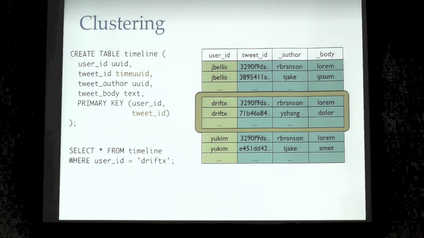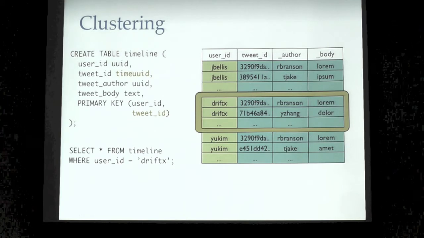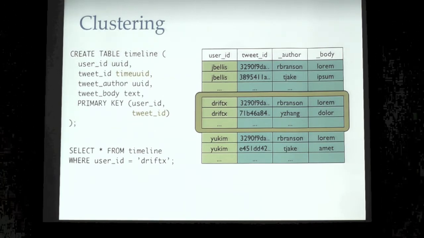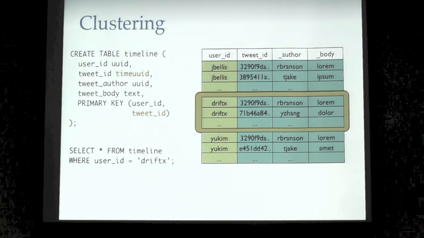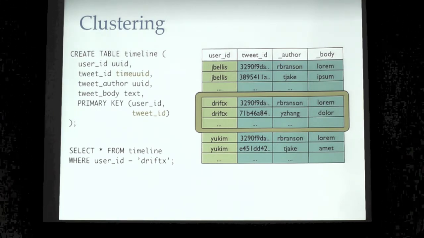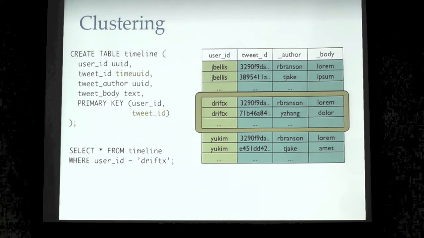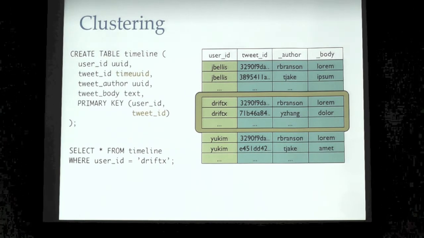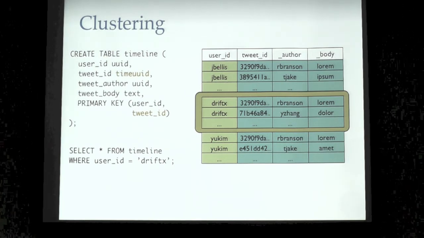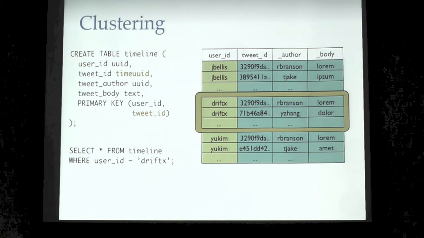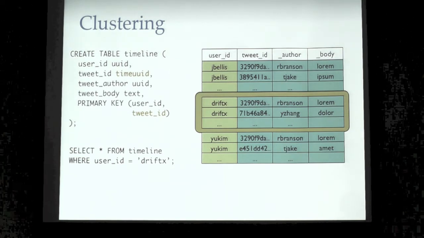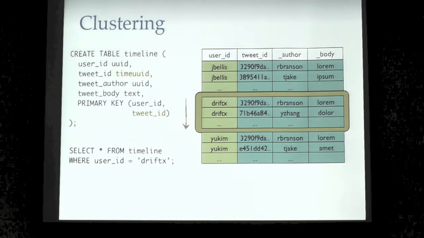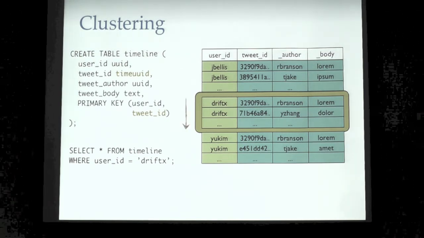So the way I would do that in Cassandra is I would create a timeline table. I would denormalize the messages into that. So every time I post a message, I would insert one row into the timeline table for each friend who is following me. So then when I go to ask, show me all the messages made by the friends of DriftX in this example, then all I have to do is find the DriftX partition, and I can scan through